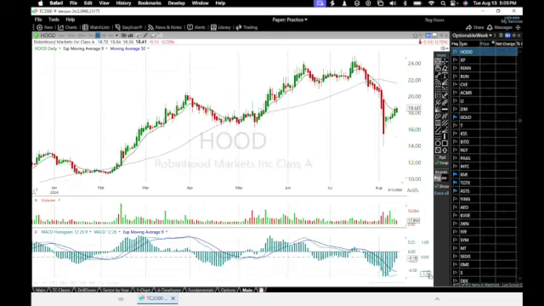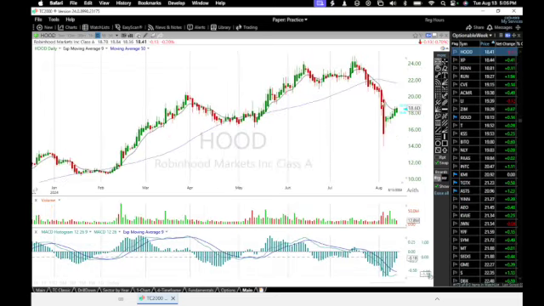Okay, so let's check Robinhood. Robinhood is more or less in the same situation. So many tech stocks are showing this sign here, and that's why you need to be careful at this point, because we still don't have a real confirmation of a new uptrend. This example here with Robinhood is good to watch. So Robinhood is now going directly against the 9 EMA, and we need to see this continue so we can